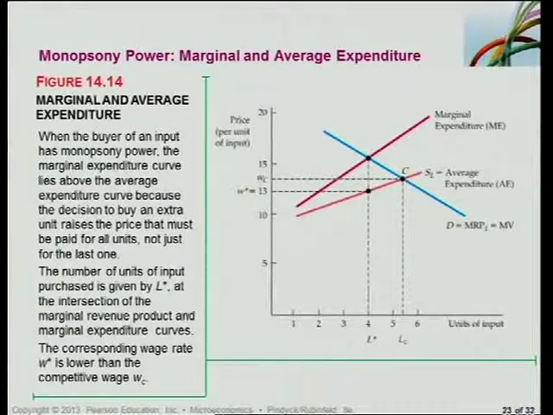In terms of the wages, the corresponding wage rate for perfect competition is WC. That is where, if you move up between 5 and 6 up till point C, where it intersects the SL curve, the supply of labour curve, and then horizontally you move to the price per unit, which is the wage rate. The wage rate that will be paid in a perfectly competitive labour market will be WC. But for a monopsonistic labour market, you will see it will be lower. W asterisk is only 13. Whereas for WC, it will be between 13 and 15, maybe 14 per